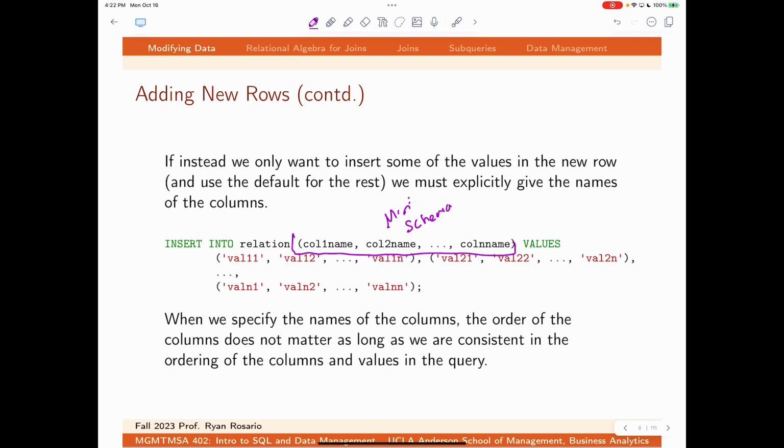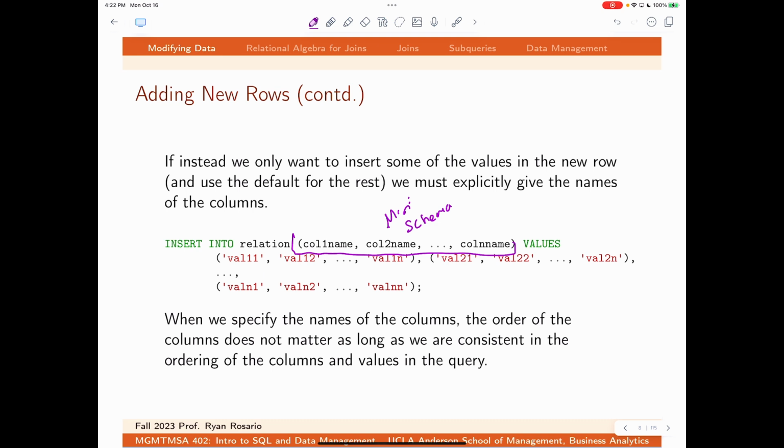I specify the order of the columns that I want to insert values into, and as long as I'm consistent, I can reorder columns, so I don't have to enter values in the order that the columns appear in the schema. I can even leave columns out. If a column is nullable, meaning it accepts a null value, or if it has a default, like a timestamp, maybe current timestamp is the default value, you can leave that column out and not insert a value in it,